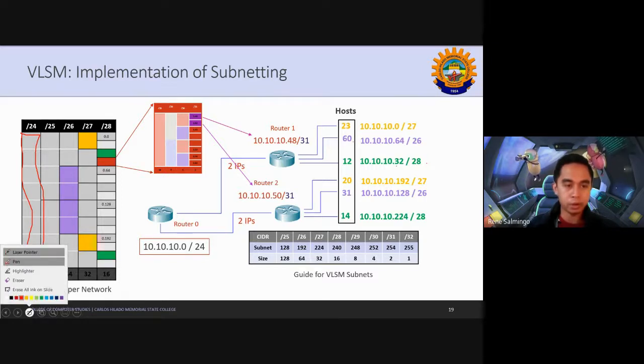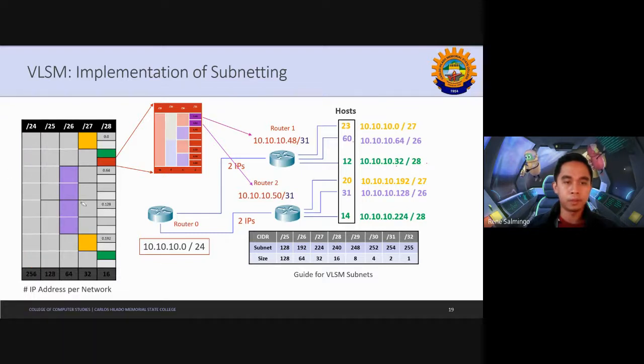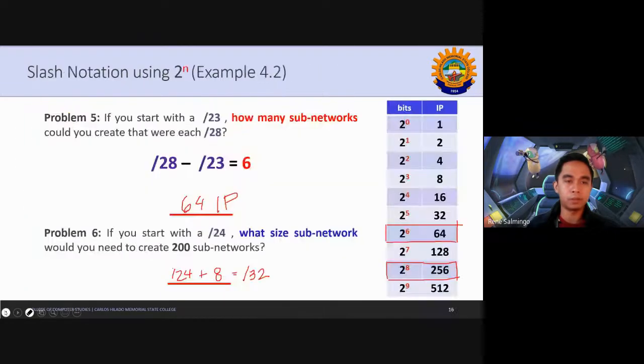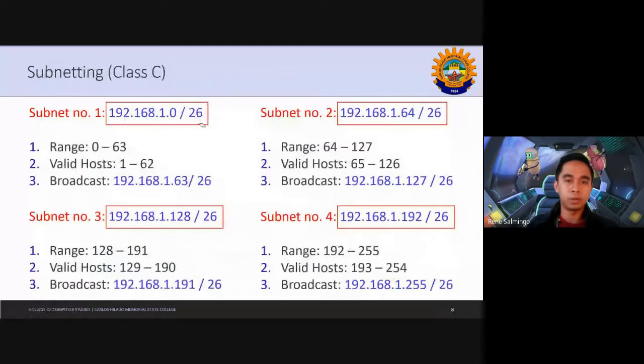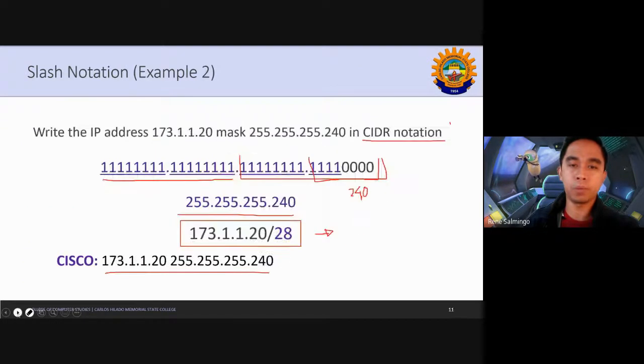Why is it in our example that we use slash 26 only? As you know, in the fixed length subnet mask, we have this example, right? Why is it we use slash 26 here in the question? Because this is a fixed length subnet mask, but it depends on the problem, right? So if you have a problem that is different